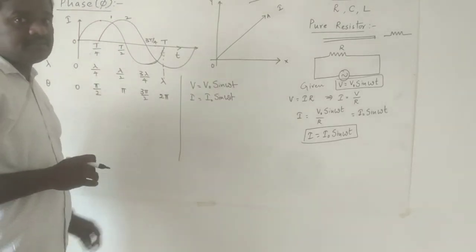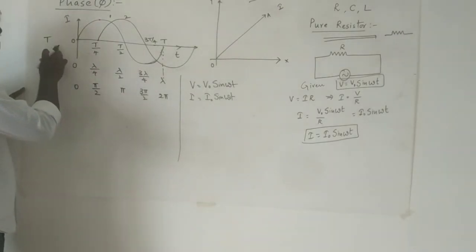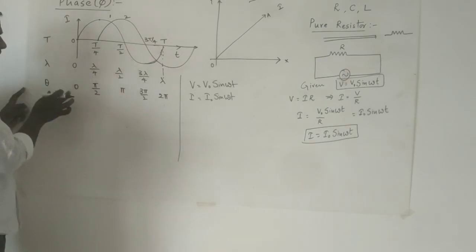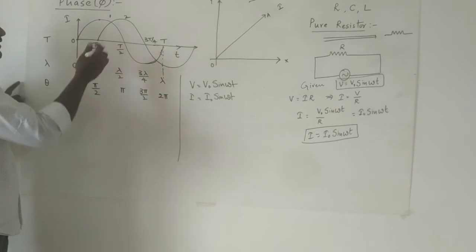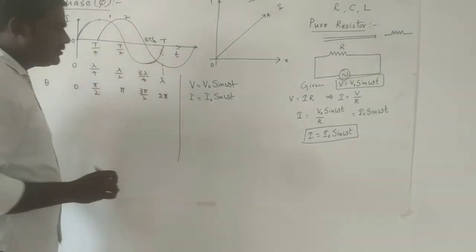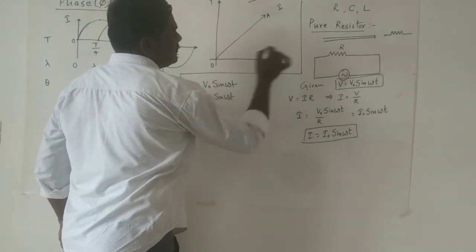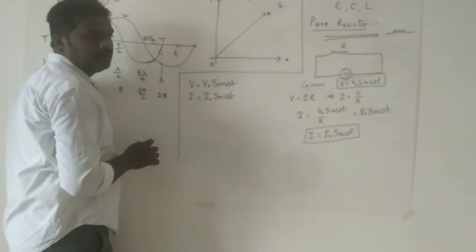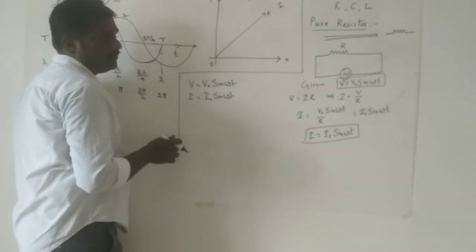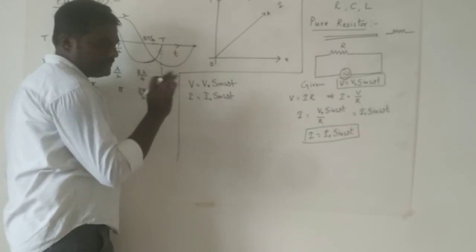So what does it represent? There is no phase difference, meaning no phase either in terms of time or in terms of lambda or in terms of theta, because here we only deal with theta. So there is no phase difference, which means voltage and current will be in phase. See, this is the actual derivation, important for the 3 marks category. And sometimes with additional definitions they will ask for 5 marks also.